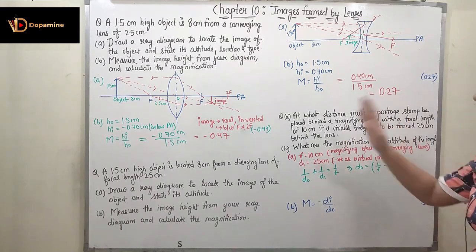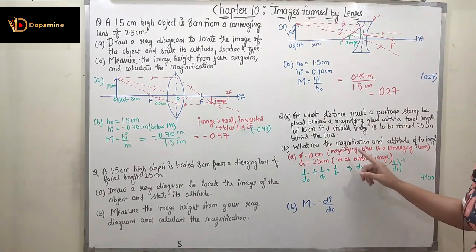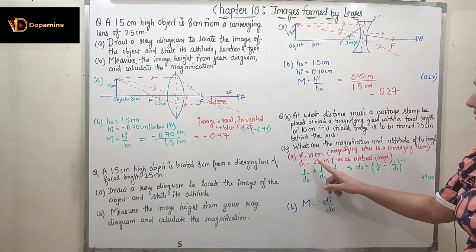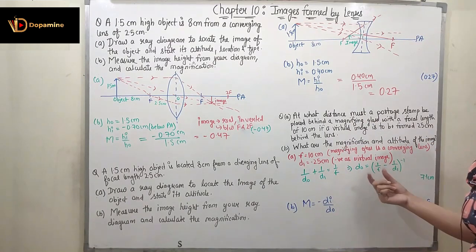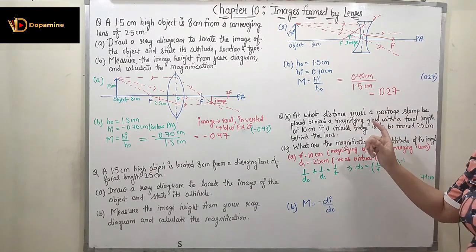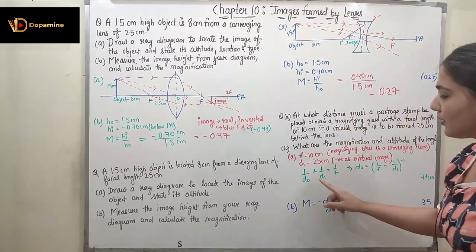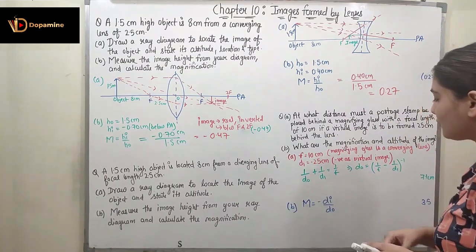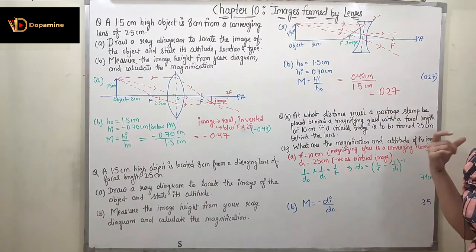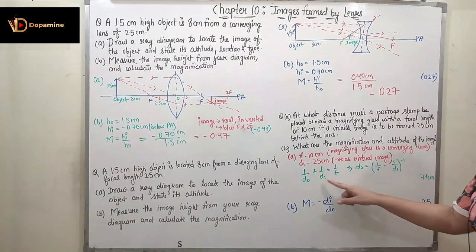Now it is placed behind the magnifying glass, right? So we have a virtual image in this case. So now d1 is taken as minus 25 centimeter. Now we have to find out where we have to place the postage stamp, right? So we have to find out d naught. 1 upon d naught plus 1 upon d1 is equal to 1 upon f. This is the thin lens formula that we already know.